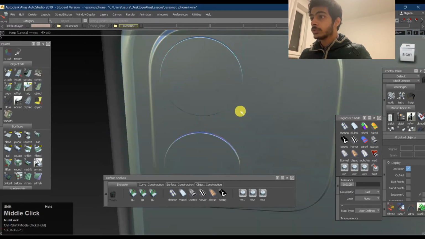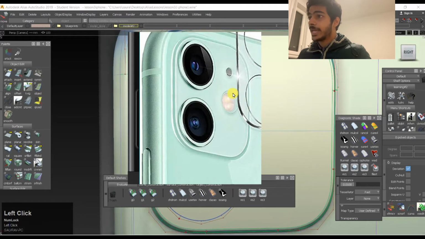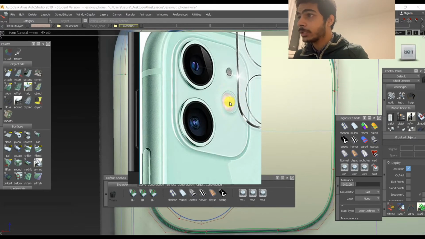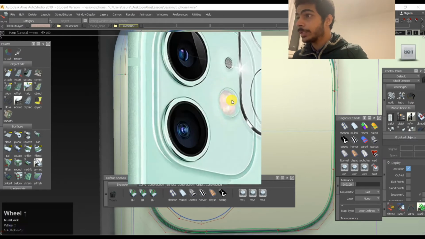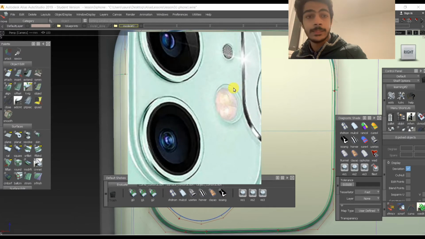So now we'll work on the flashlight, right? In the flashlight you can see there are two dips inside. So what we'll do is we'll see how the positive of this is going to be. Or maybe we can just keep skinning it inside until we are satisfied. We can do however we want.